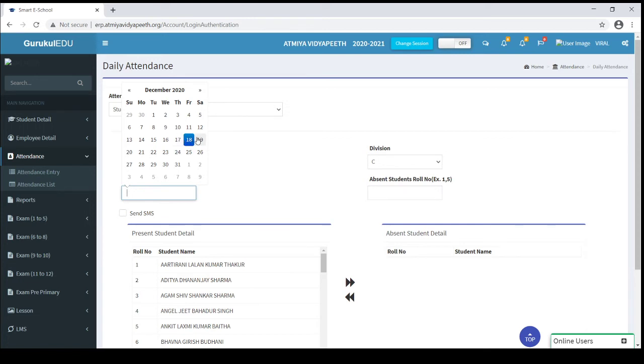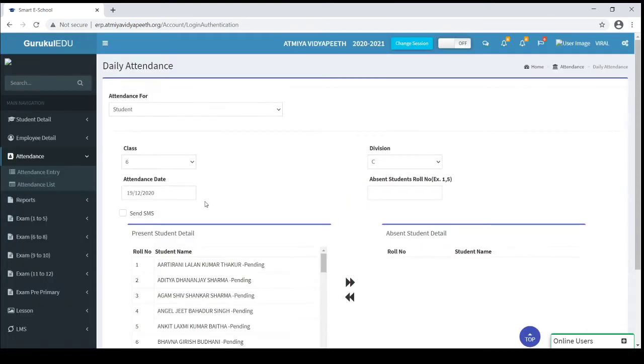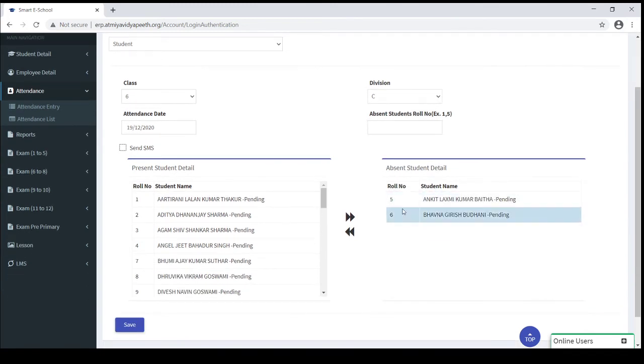I'm going to select 19th. If you want to insert roll numbers directly, for absent roll numbers I'm just going to insert 5, 6. I'm going to click on the tab button. Just press the tab button.